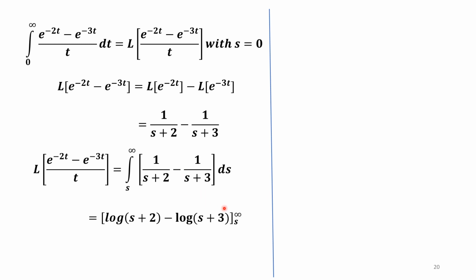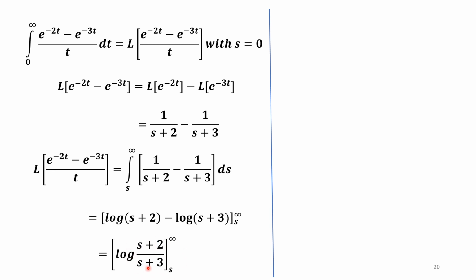Again, when we apply the upper limit, we will get infinity minus infinity, which is not defined. So then we have to combine log terms. Log a minus log b is log a by b. When we apply the upper limit, again you will get this answer to be 0 because s is the term which is becoming infinity. So our aim is to cancel that s term. So how is s cancelled? Take s outside from the numerator, s outside from the denominator, and then cancel that s and then put s is equal to infinity. So we will get this to be equal to log 1.